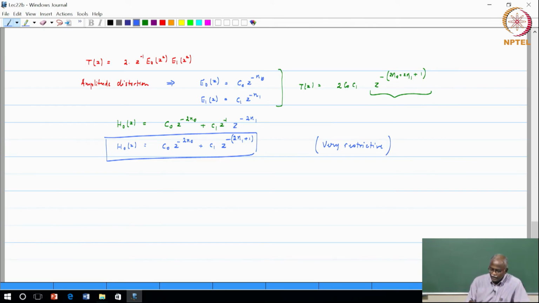Of course, if you remember, we said that how about if you relate them to each other so that they can cancel, and that was an observation that was made. Yes, so we can look at an alternative. Instead of choosing them to be delays, I can of course choose E1 of z to be equal to 1 over E0 of z. Am I right? E1 of z is equal to 1 over E0, or either way, because if you do this,